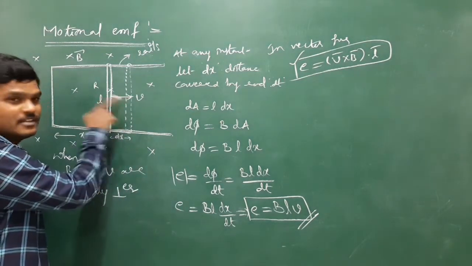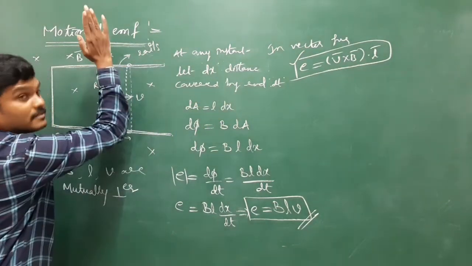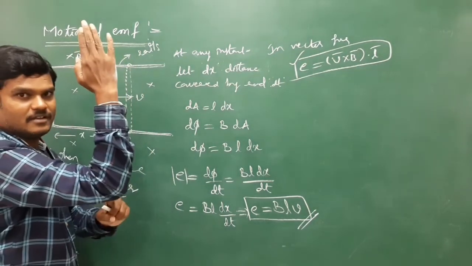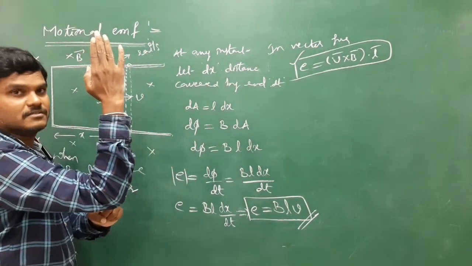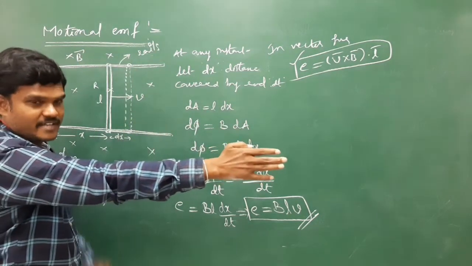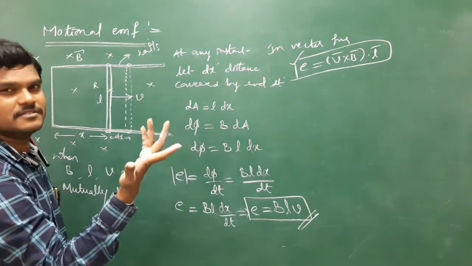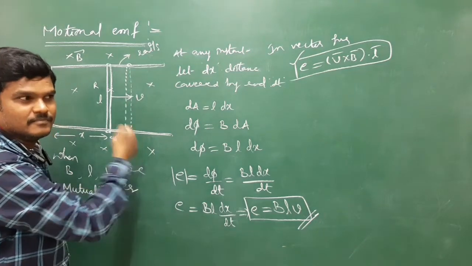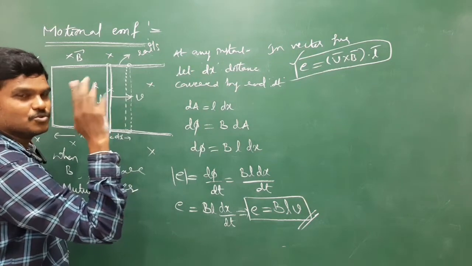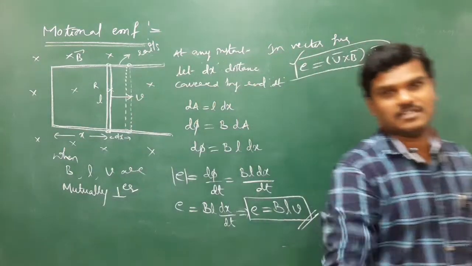See the direction of V, this side, B into the board, L like this. See, this is L, the rod, L. Like the y-axis, the rod is along the y-axis, moving to the right side along the x-axis. The magnetic field is into the board, along the z-axis. The rod is moving along the x-axis, and the rod is placed along the y-axis. So B, L, V all are perpendicular to each other.